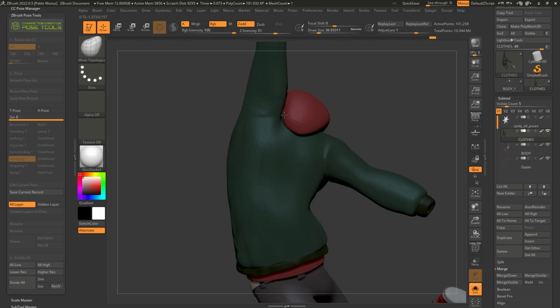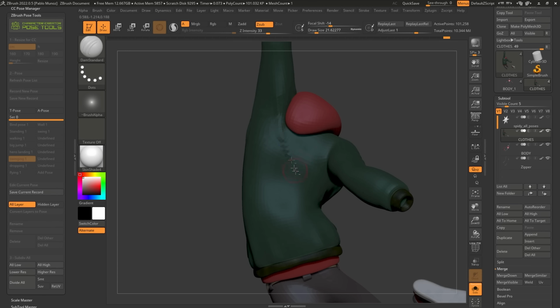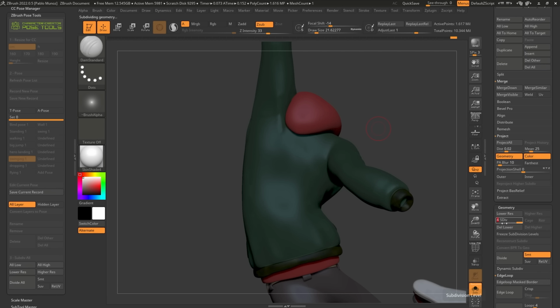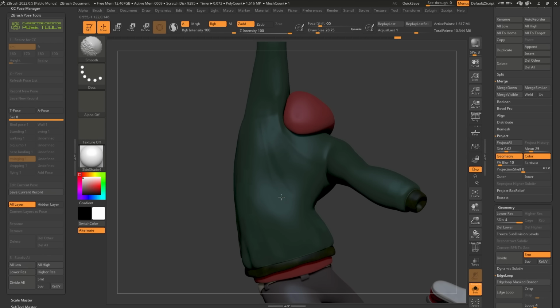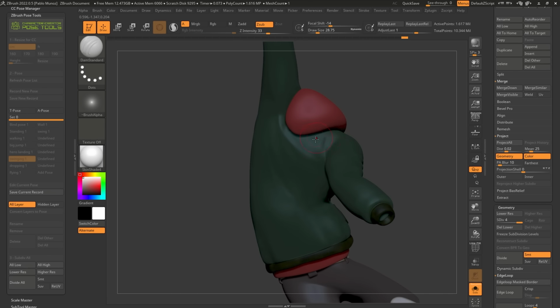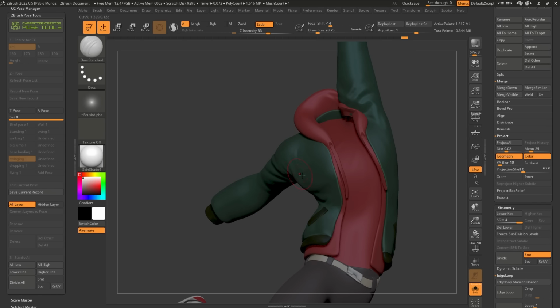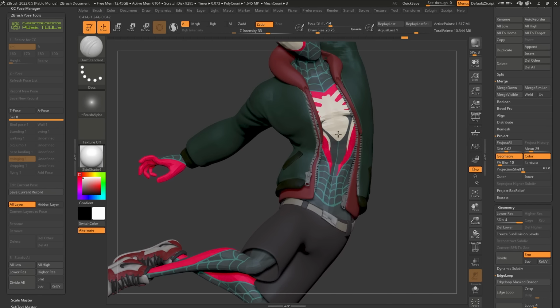So you can just go ahead and spend all your time sculpting these. Maybe we can even bring in the Dam Standard brush as well and create some larger folds in here. In fact, let's just go ahead and move up in subdivision levels just a tiny bit. Again, I'm not going to focus on the sculpting side of things. I just want to show you how the plugin works, but obviously you can spend a lot more time tweaking these things. All right, so let's say that I'm happy with this.